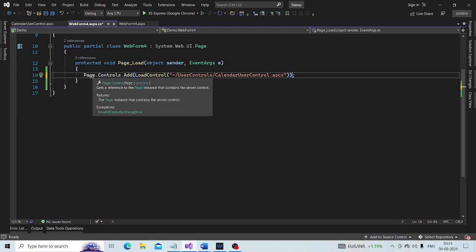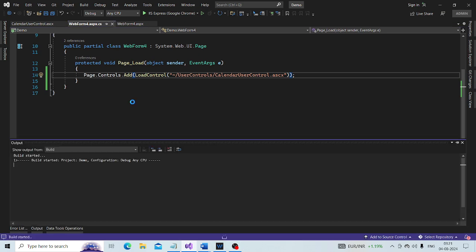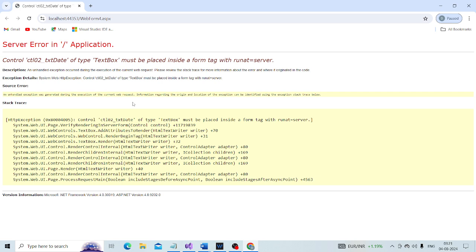Okay, now save these changes and run it. Look at that. It throws a runtime exception.